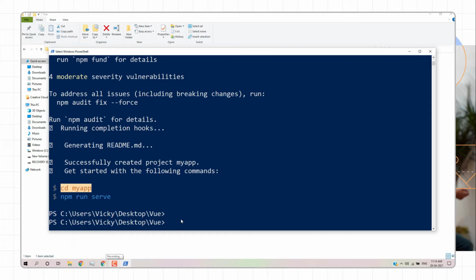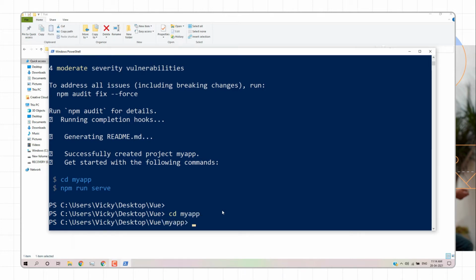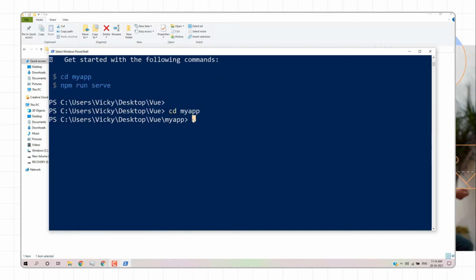Now I'm inside my app directory. I can open my VS Code editor by typing code dot. With this command, you can directly open your VS Code editor from this folder. So my VS Code editor is open, and I can close this one.